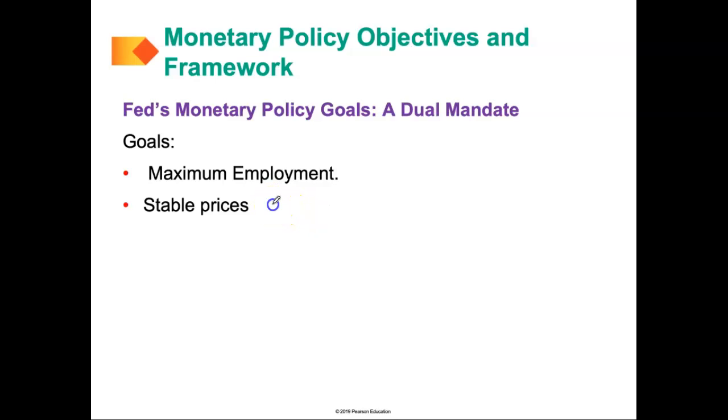So when we say stable prices, we're looking at the price level, and we're looking at inflation. Okay, so a little bit of inflation is good, okay? Generally when there is inflation, it generally means that the economy is growing a little bit, hence an increase in prices. Okay, so a little bit of inflation is good, but it has to grow at a steady lower rate. Okay, that's an important thing.